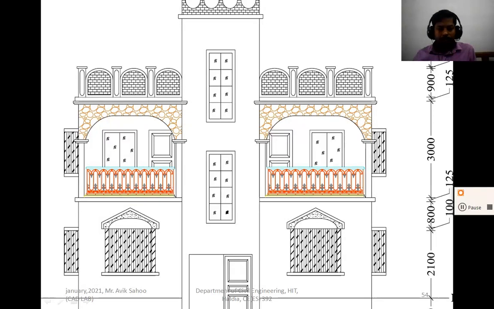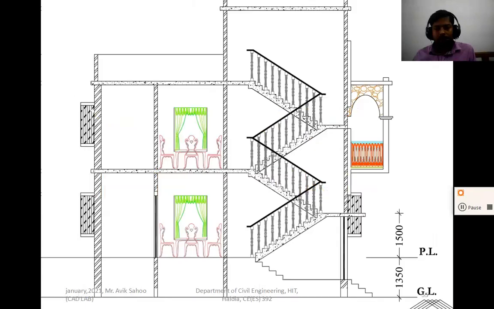But the doors and windows you have to show. Similarly the sectional elevation comes, so again all things are given.